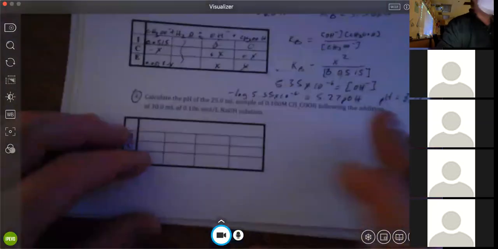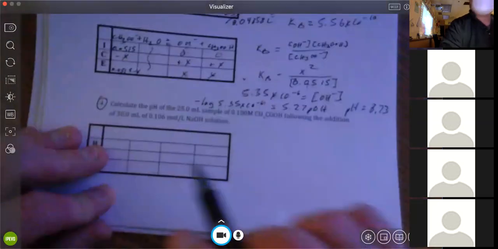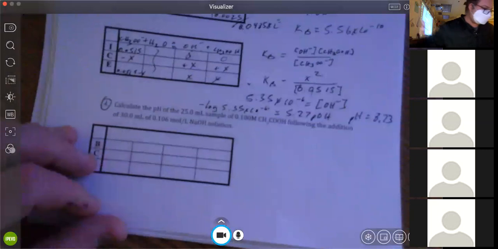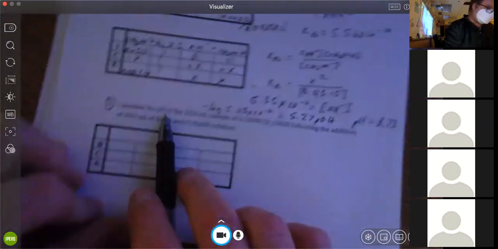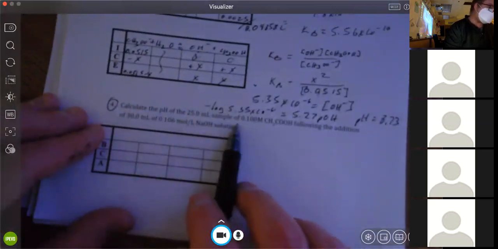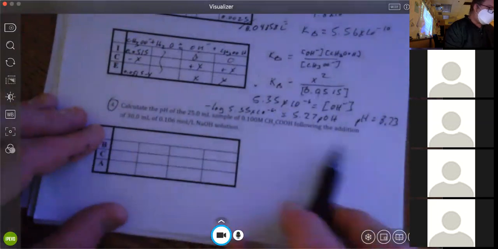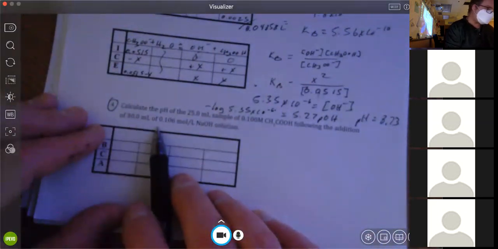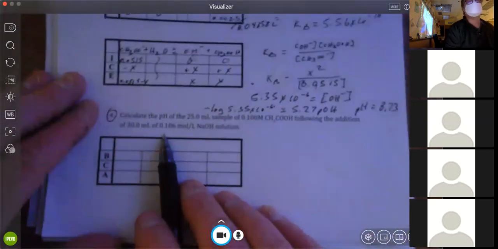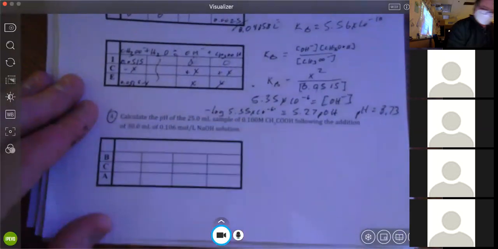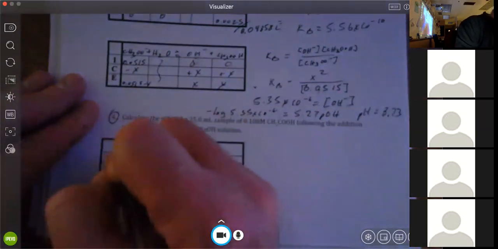All right, then. Let's take a look at this last one. It says calculate the pH of the 25 milliliter sample of 0.100 molar acetic acid following the addition of 30 milliliters of 0.106 molar sodium hydroxide. So again, we have our formula